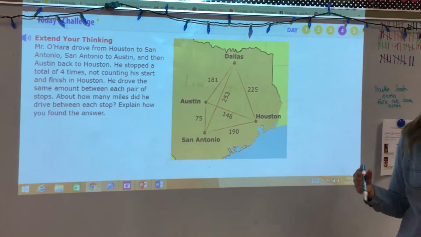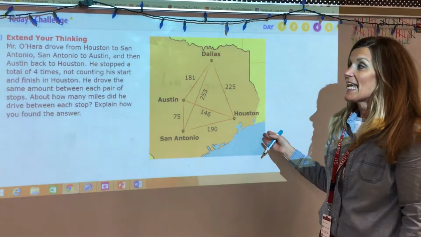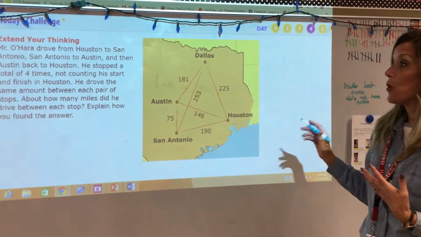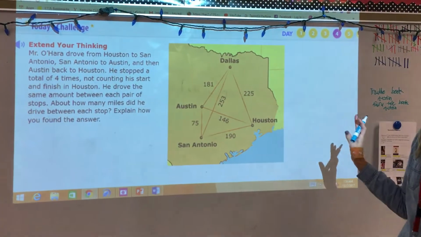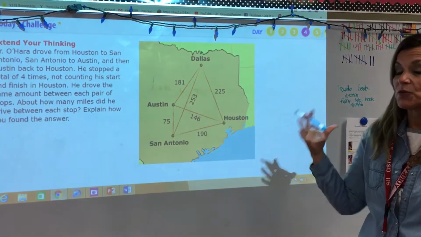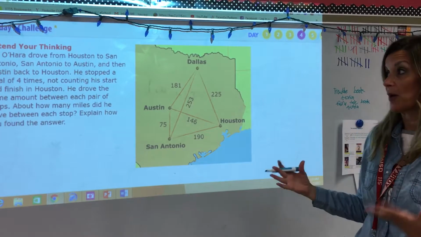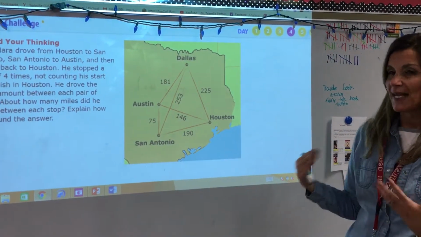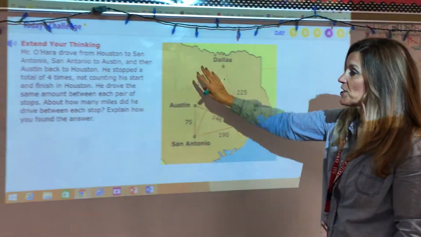First of all, we've been doing the challenges every day, and today we're going to take it a step further with our challenge. So here's today's challenge. First of all, we're going to read the problem, and we're going to ask ourselves, what do we really want to know from this problem? So think in your heads what you really want to find out. What's the answer you're looking for? So the question's asking us,